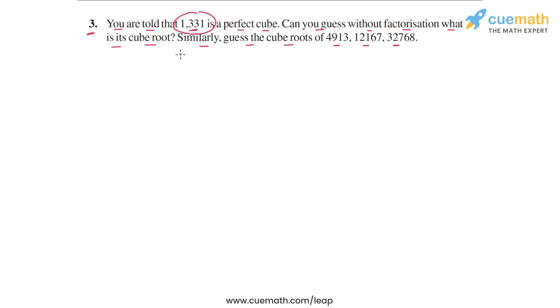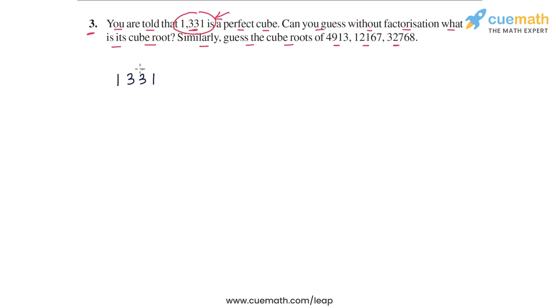Now, this question is based on a technique described in the NCERT textbook, in which if you know that a number is a perfect cube, you can determine its cube root directly in a very interesting manner. Let me describe this technique for you with the first number that we have, 1331. To apply this technique, we will first make groups of 3 digits in this number, starting from the